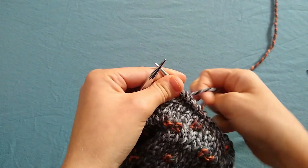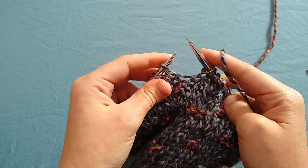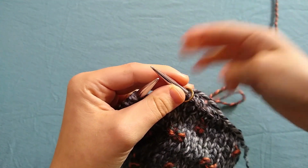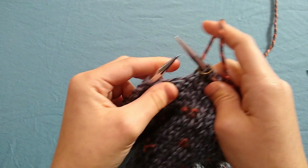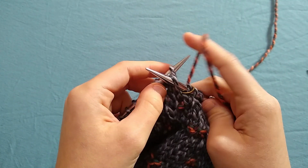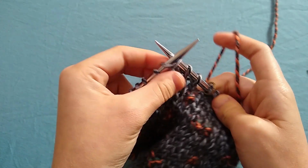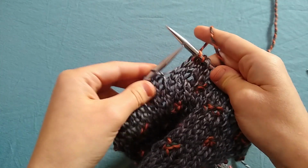Alrighty, so for round 2, we're going to slip our marker, and then we are going to slip 2 stitches. So what I'm going to do is pick up my contrasting color, my color 2, and I'm only going to hold this color for the duration of round 2. So we're going to start off by slipping 2 stitches. Remember to only slip these stitches purlwise. So I'm slipping 1, I'm slipping 2, and then I'm knitting 2 stitches using the second color,